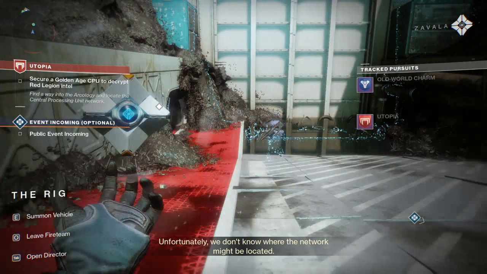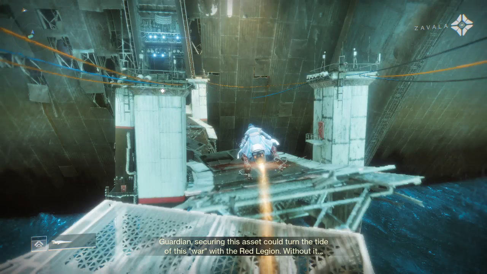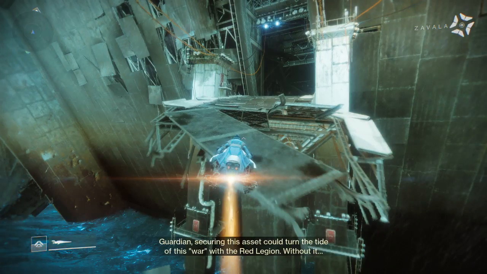We got the wrong way. Where we're supposed to be going, we were headed toward an event. You're going to have to snoop around because these are not quests. We're going the wrong way. Too much attention. Oh shit! The quest is taking us in this wrong quest. Guardian, securing this asset could take nothing. No. Oh. How do I do that? I don't know what. No, I don't. Go to your